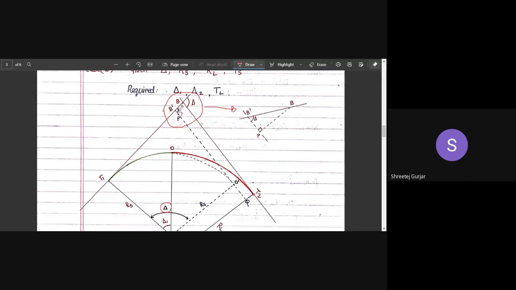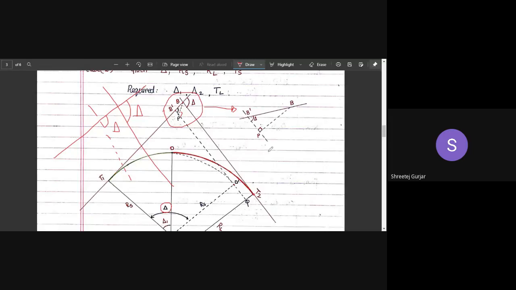Okay, so this particular angle which you can see here, this angle is delta. Keep in mind this angle is delta because you can see it is nothing but the same angle, right? So this is your tangent line. Then this is your another tangent line. This is your upper tangent line. Then this is your shorter tangent line which I have drawn next. I have told you this is delta. Similarly, this will also be delta, right? Because the angle is same between these two. These two lines are parallel to each other, and this line is perpendicular to this line. Sorry, it is not perpendicular. It is at an angle delta. Okay, so this angle and this angle, both these angles are delta. So I have marked this as delta.